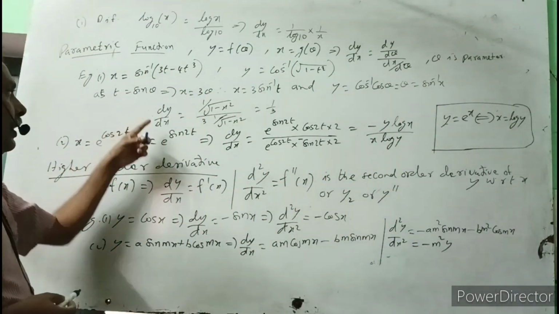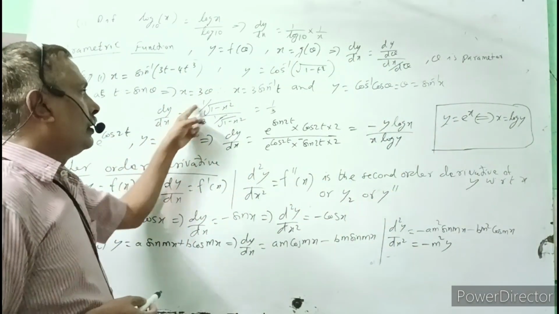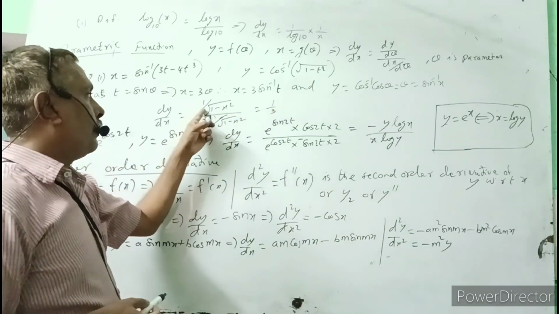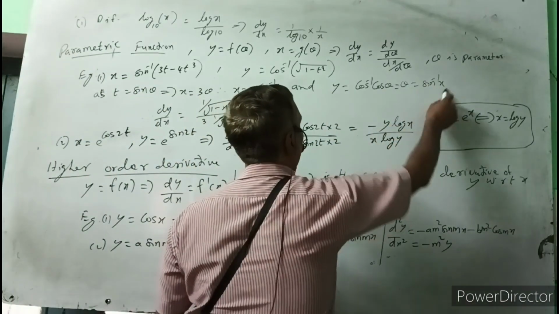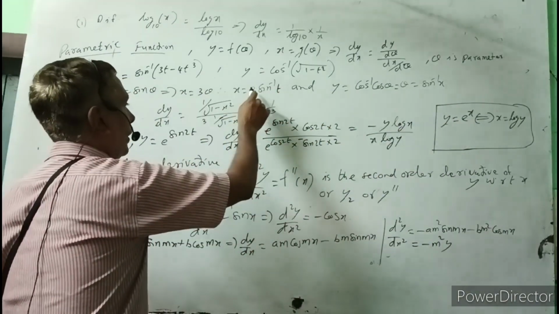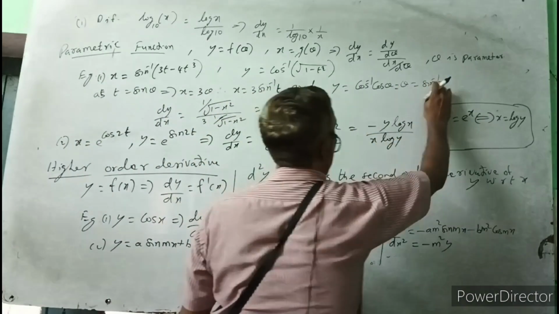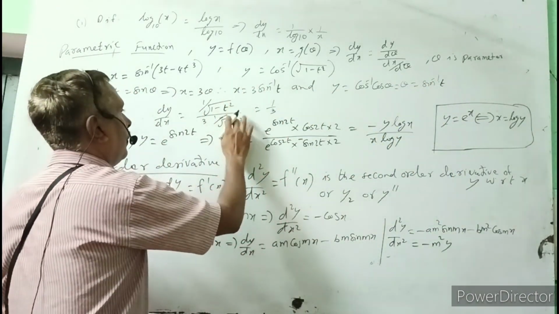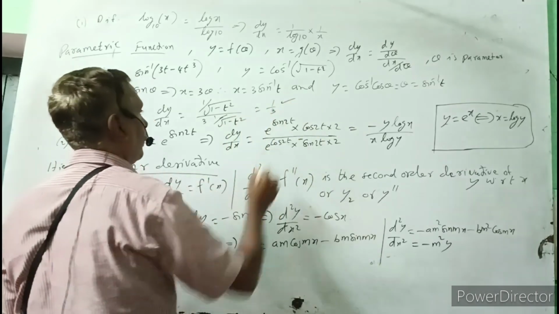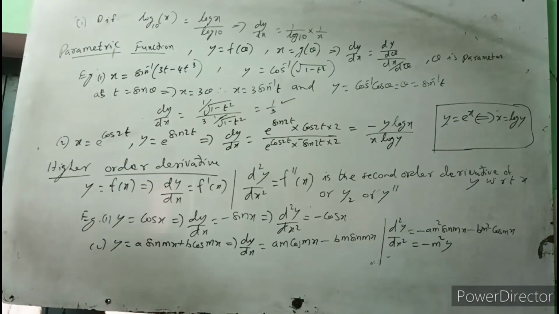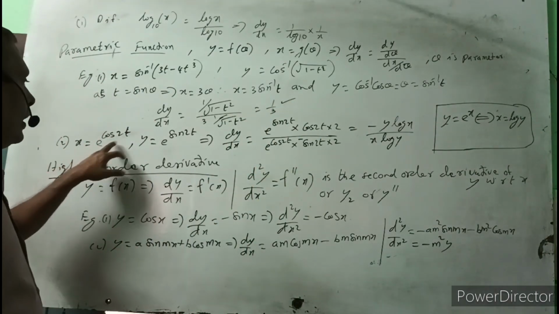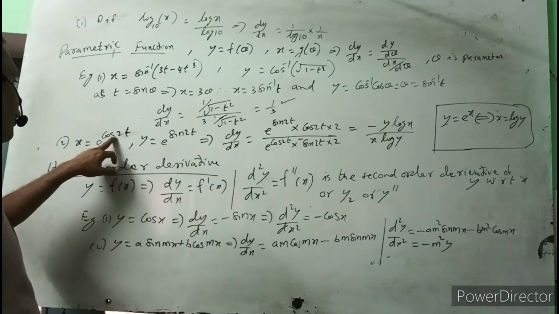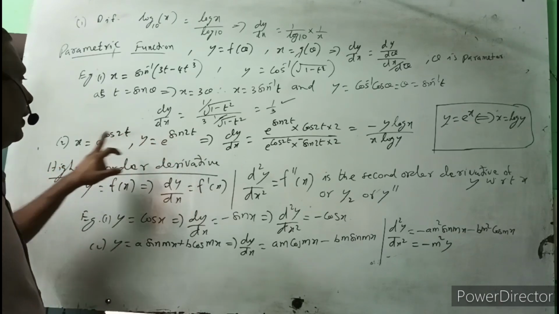Now we are differentiating dy by dx. The derivative of sin inverse x is 1 upon root of 1 minus x square, and this also is t, so 1 minus t square, and the result is coming 1 by 3. Similarly, another question: this and this are given in terms of t, so it is a parametric function, so dy by